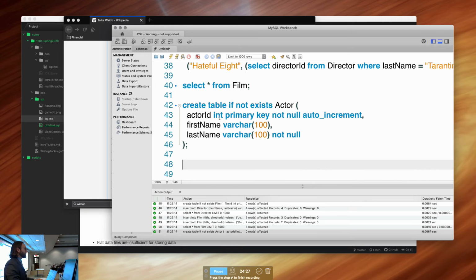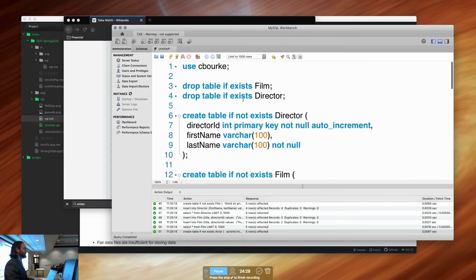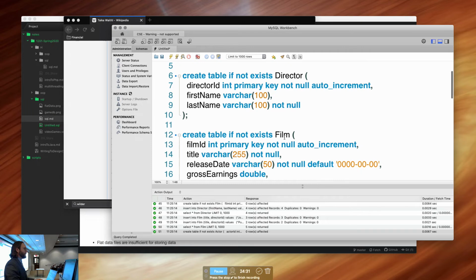Now, what's the relationship here between a film and an actor? An actor acts in a film, and if they're a successful actor, they act in many films, right? But a film, does it only ever have a single actor? Some of them, right? I can't think of any off the top of my head, but